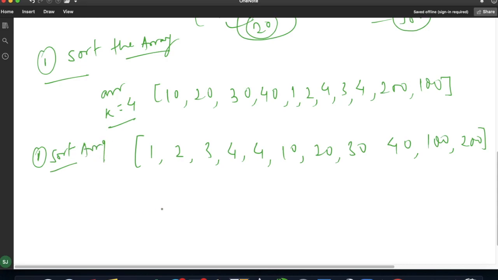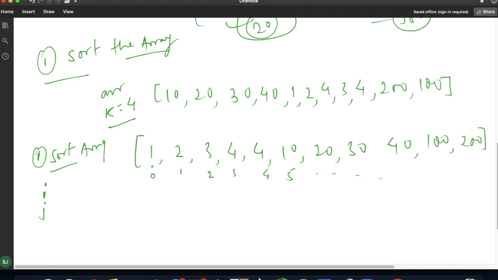Second thing is we'll take two pointers here, one is i and one is j. I will be assigned to the very first initial value and j will be the kth element. Here k is 4. You can see my indexing is from 0, 1, 2, 3, 4, 5.